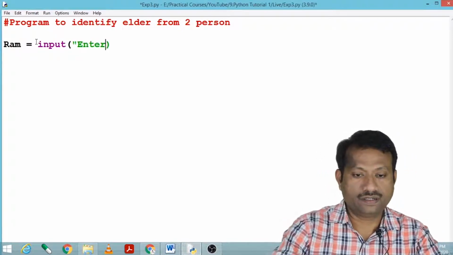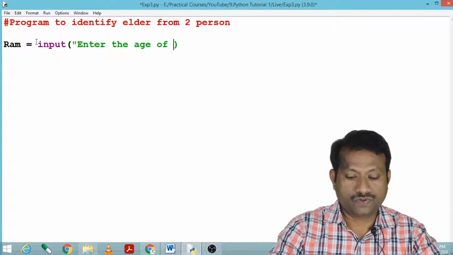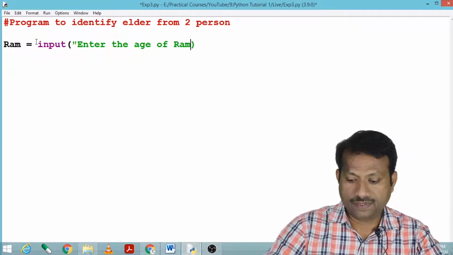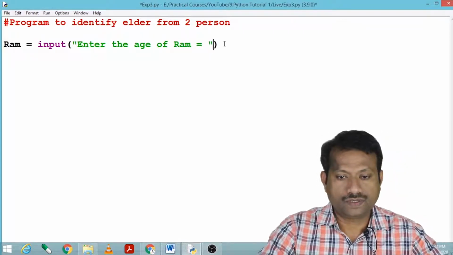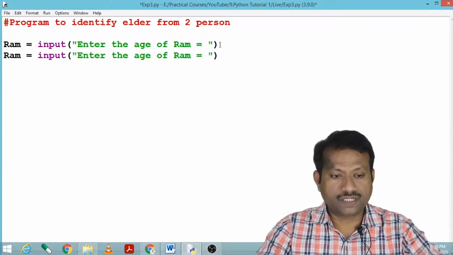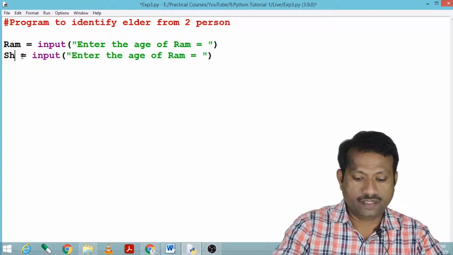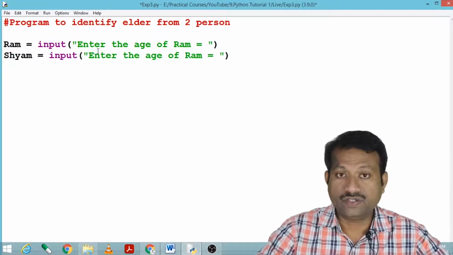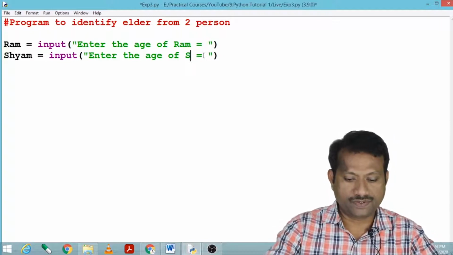Enter the age of Ram equals to. Let us take another person, he is Sham, and here enter the age of Sham.